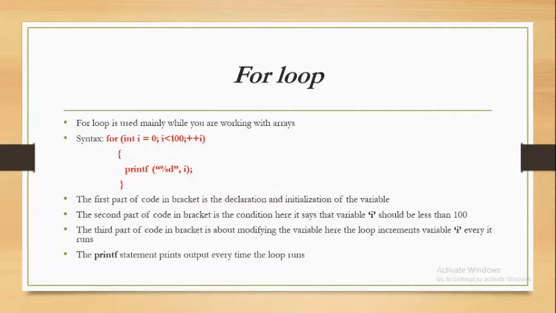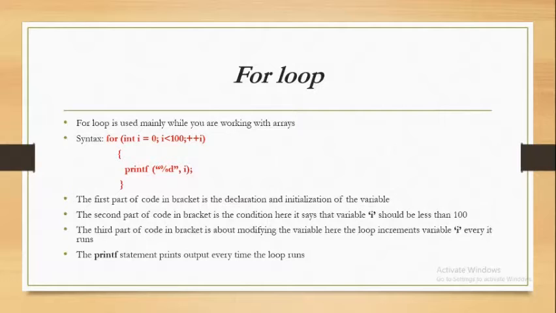So what is the syntax for the for loop? This syntax can be used, and if you see the first part of code in the bracket, that is the code before the first semicolon, int i = 0. Here you will declare the variable and initialize it. Sometimes you will not be able to declare a variable in the loop if you are running on the C89 standard, but if you are running on a newer version, then you can definitely declare the variable in the loop itself.